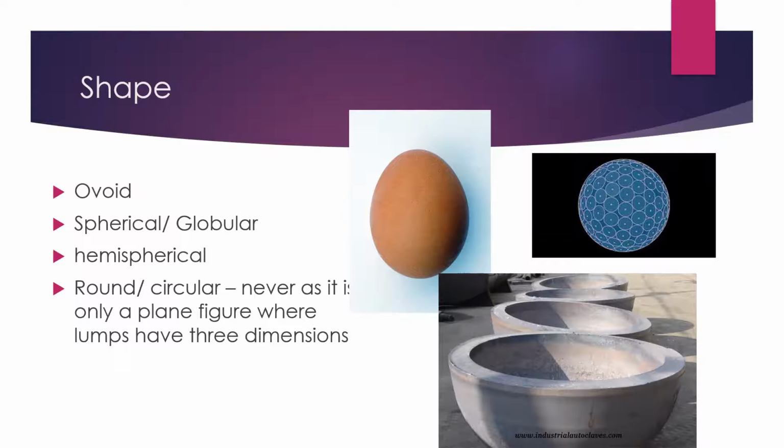And in case of a swelling, we will visualize only one part. For example, if any swelling is visible, we are seeing that upper part. But the rest will be inside the muscle or inside the skin, which will not be visualized. So we cannot tell that the swelling is round or circular. Or even we can tell that the swelling is irregular. If a swelling is not in any kind of shape, like it is not ovoid or globular or hemispherical, we can tell that it is an irregular swelling.